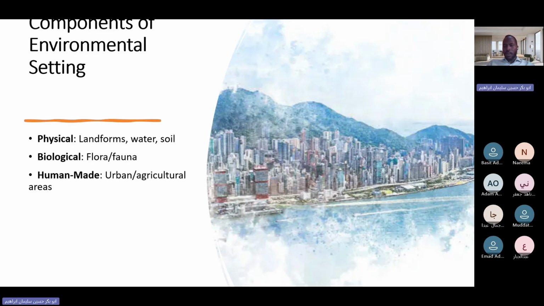Now let us see the environmental setting components. What are the components of the environmental settings? One is the biological. That means all the microorganisms you can find at that place, in that soil or in that area. This is called biological. There are many components, and one of them is biological. You can see the biodiversity or the microorganisms in that area. Additionally, you can see the